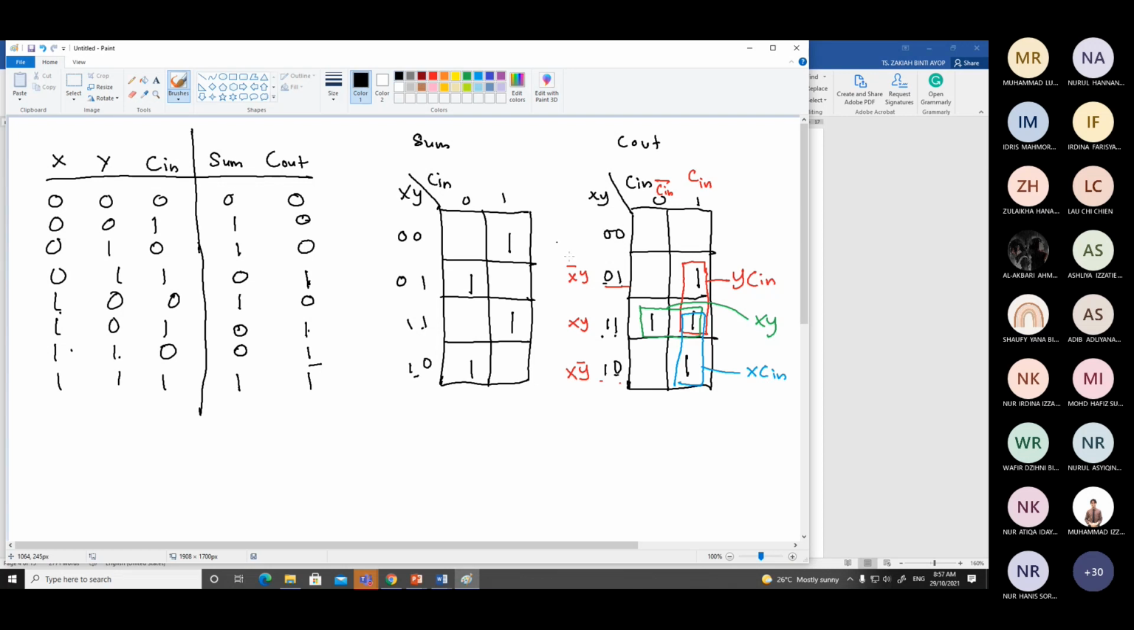Okay, so now we can combine. C out is equal to Y C in plus X C in plus X Y. Okay, so can I simplify it? No, you cannot, because the K map shows that that is the most simplified version. Okay, what about